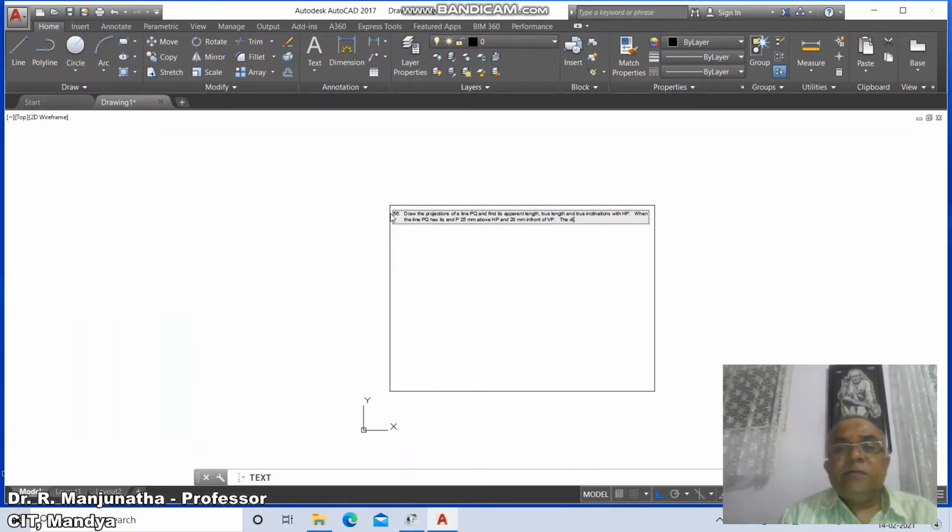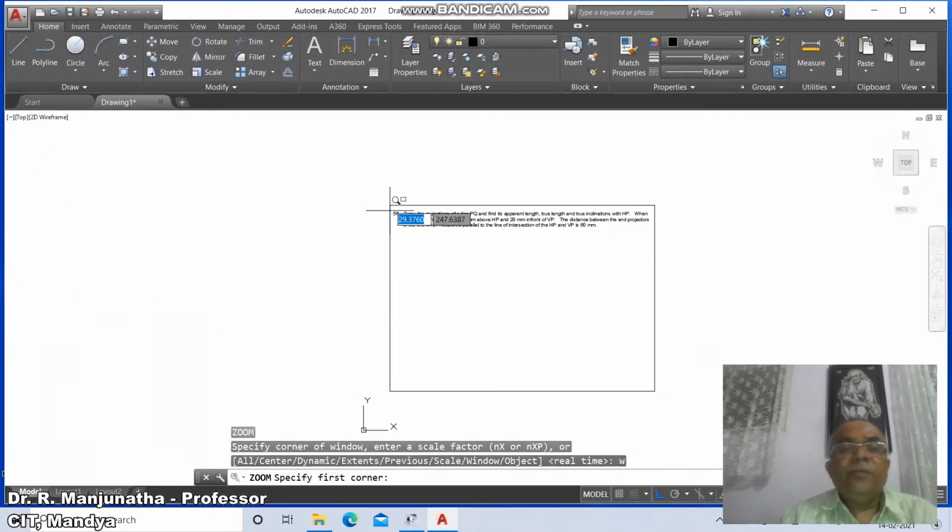The distance between the end projectors of the line, when measured parallel to the line of intersection of the HP and VP, is 60 mm.